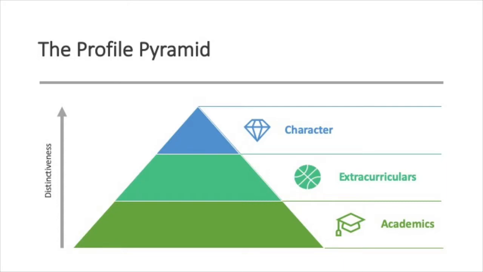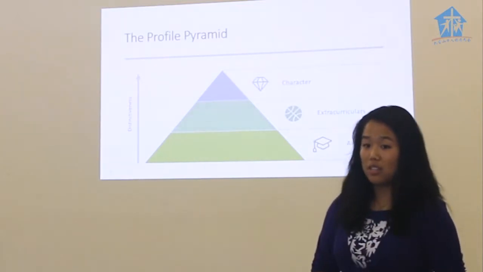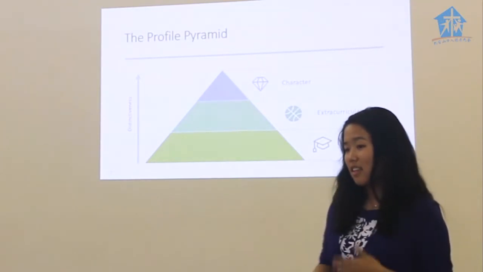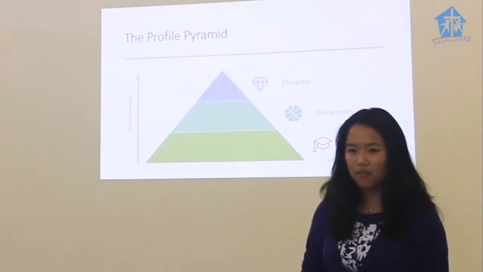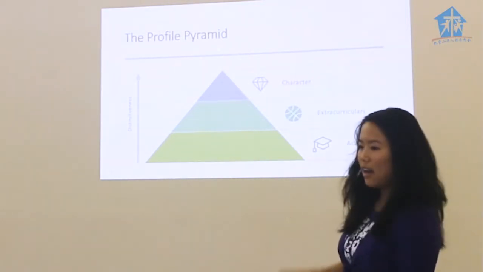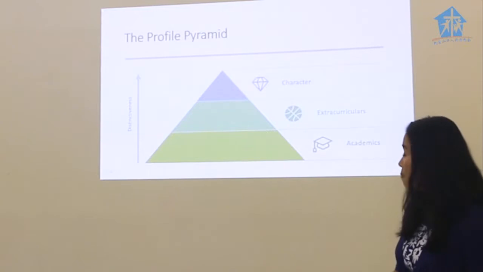because you can't really control what classes your school offers, and you can't really have as much personality in what you take. It's just sort of classes and lists and names and not really much to that. So then what about the next thing? Extracurriculars. Here we start to get a little bit more personality, because this is what you decide to do with your time. And time is so precious. So if you're spending your time doing something, that's pretty cool. And it tells you a little bit more about yourself, right? Or you can show a little bit about yourself to other people. So then you're getting a little bit higher distinctiveness, a little bit higher uniqueness, because you have a bit more control over what you're doing there.